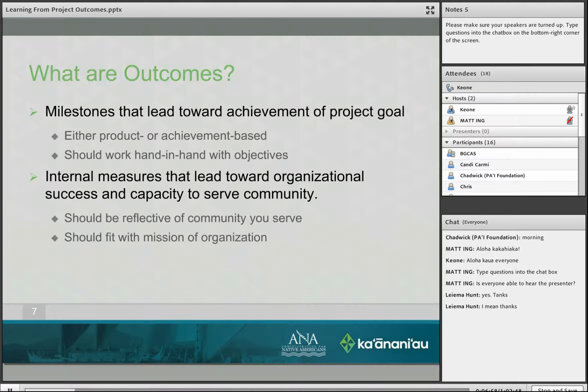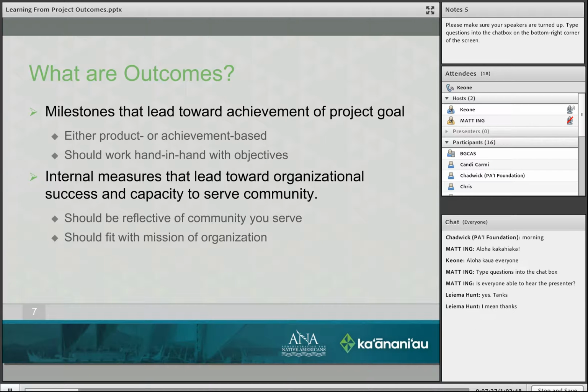I think a lot of times organizations start off very, very community based. Then some organizations wander off and become more involved with their own success and lose sight of the community that is being serviced.